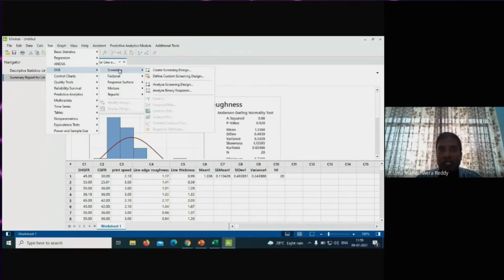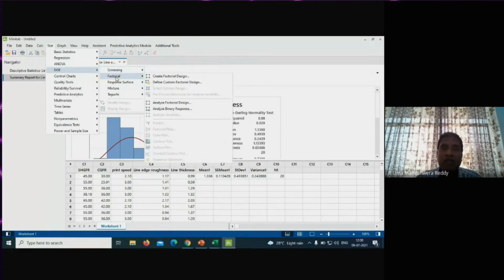For example, screening works only with a certain number of inputs and outputs, and it is not possible with a large number of inputs and outputs. In factorial, you have 2-level factorial and 3-level factorial, and it is not possible to go beyond 3 levels using the factorial method.